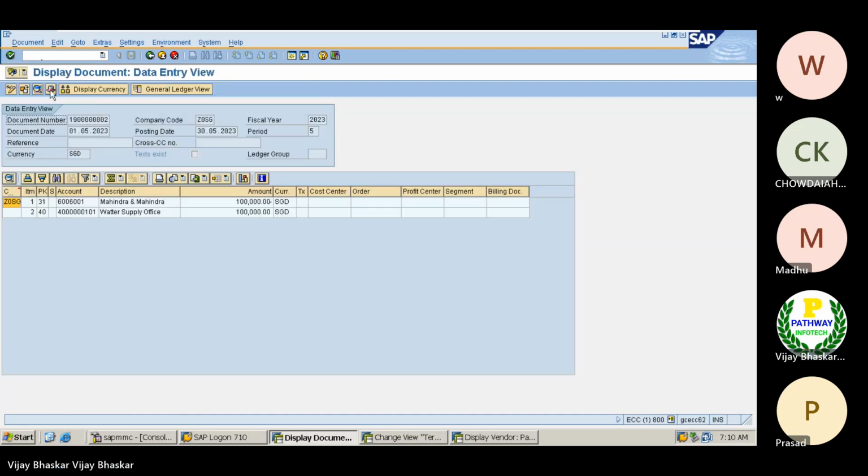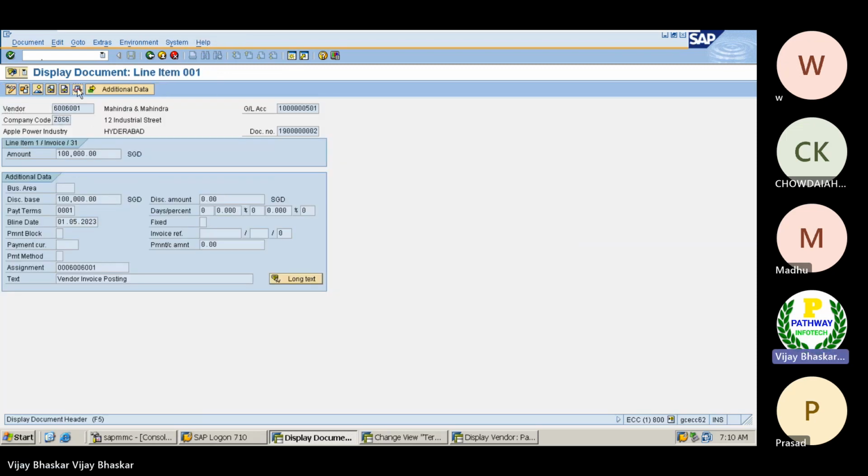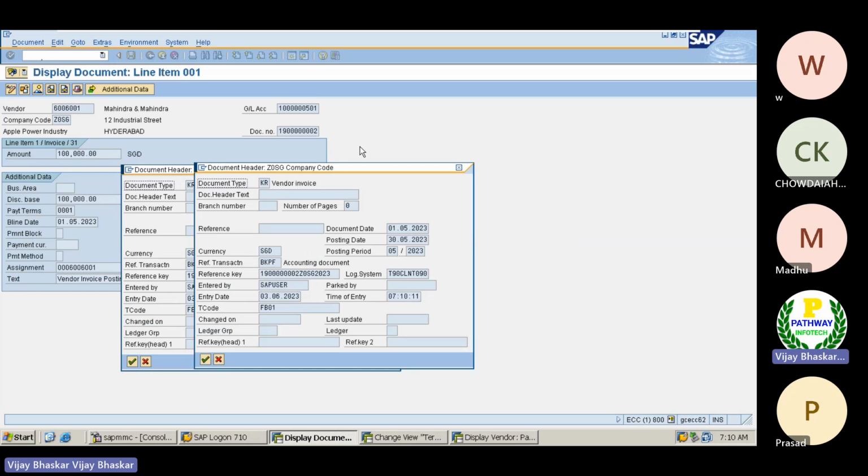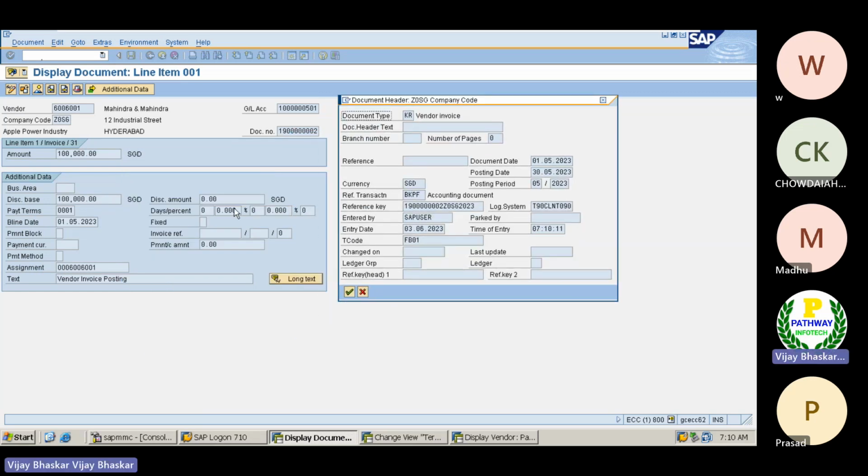Now, see here, you can understand. The document date is the 1st of May. Then the posting date is the 30th of May. Even so, the system has considered the baseline date to be the document date only.